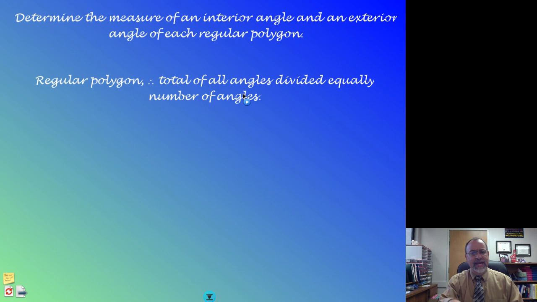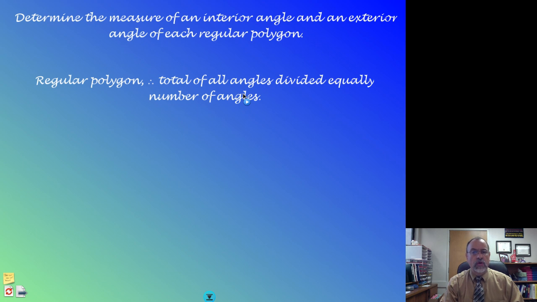Well, when we're talking about angles and sums of angles in regular polygons, we know how to figure out the total that all the angles inside add up to: n minus 2 times 180. So that gives me the total number of degrees that I have. And in a regular polygon, I need to divide it evenly among all of the different angles that I have. So if I have 360 degrees and a four-sided figure, which means 4 angles, and it's regular, all 4 angles have to get the same amount of degrees from my total. So I take my total, 360, and divide by the number of angles, 4,